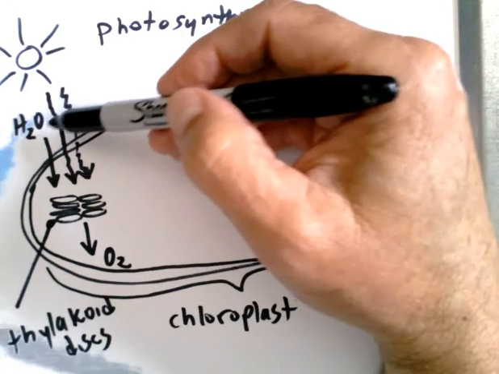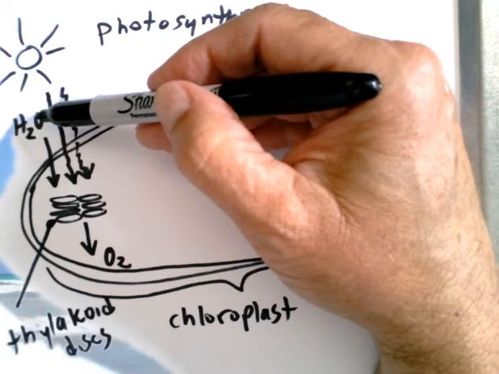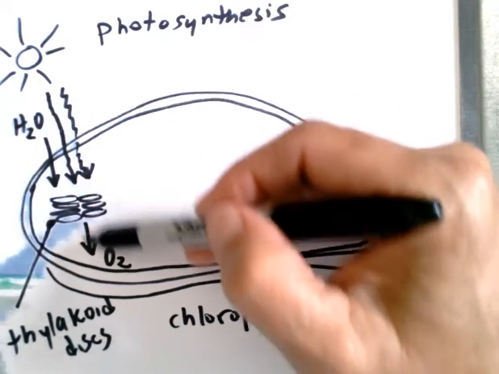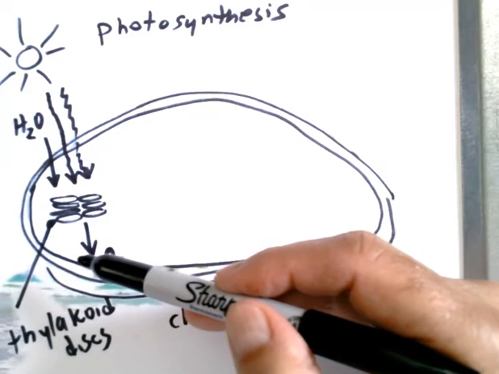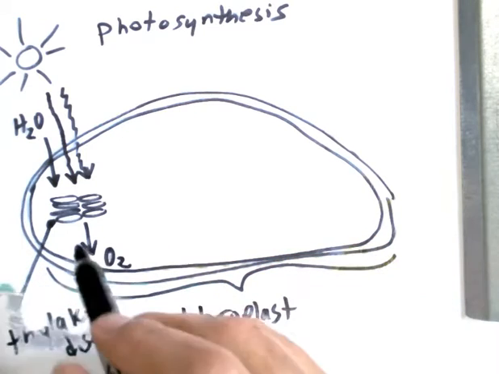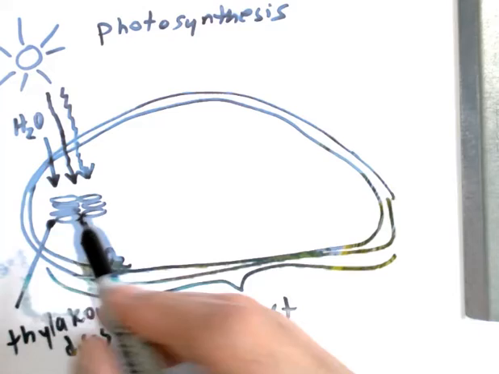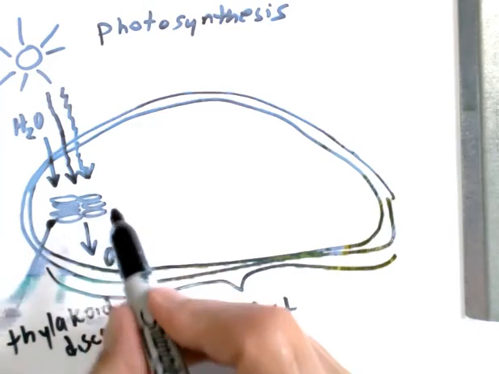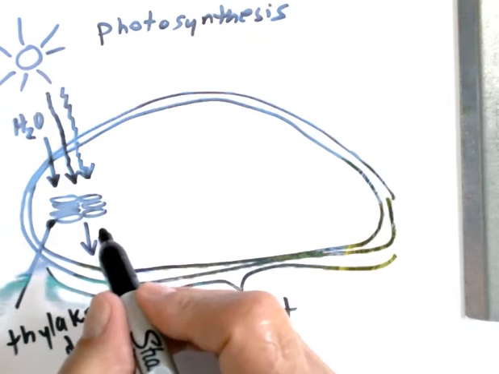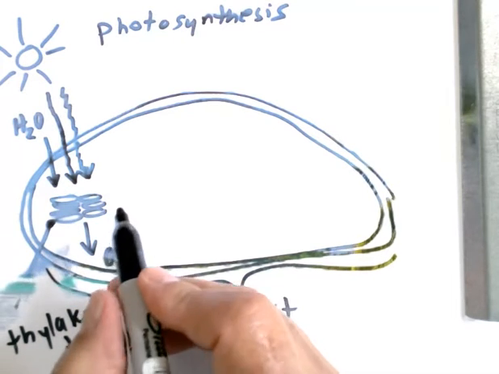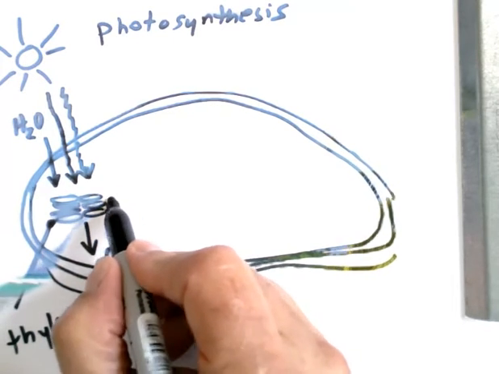Notice that there is hydrogen missing from this point to this point, and what happens is that some of the electrons and the protons are stripped out, and those electrons are excited in this first portion of photosynthesis, this light dependent cycle, and there